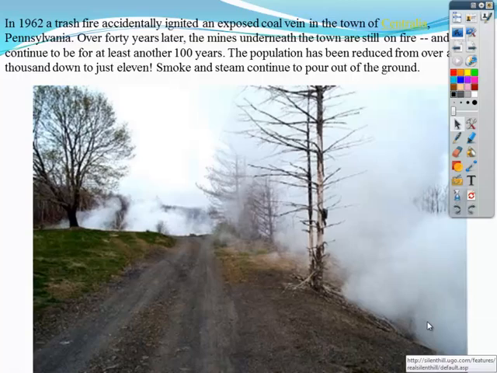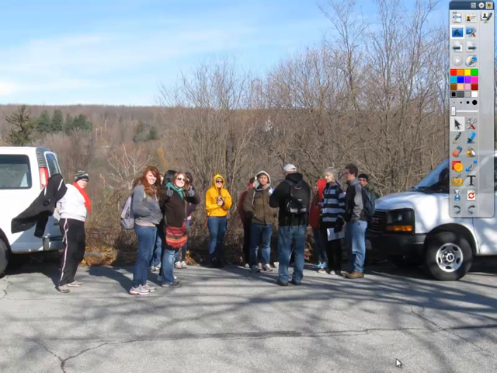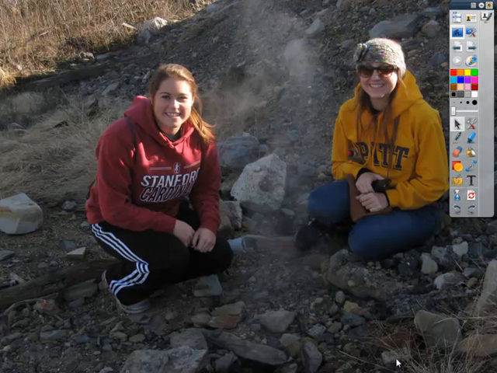A disaster that we will have to live with for many, many years. In fact, last year we took a group of SAVE members to Centralia to take a look at the town, and we were able to see the smoke and gas still coming out of the ground. And that the hole where the gas was coming out is actually still hot.